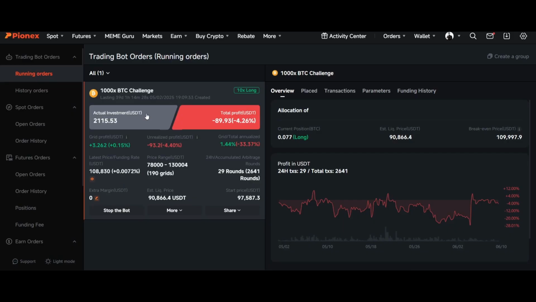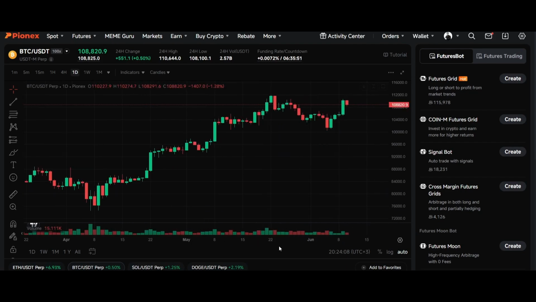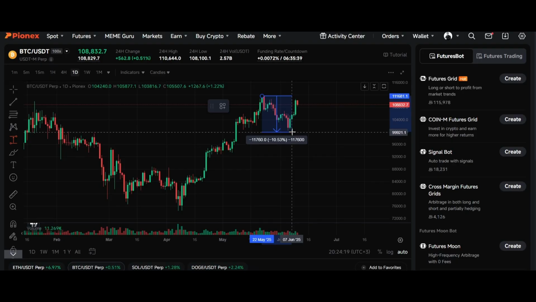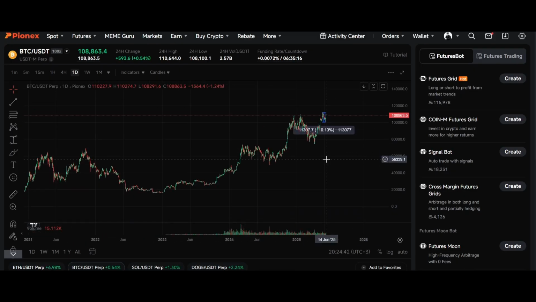So guys, the last week we had an interesting price action from Bitcoin. We had this nice pullback all the way down to almost $100,000 per Bitcoin. So we went from 112 to 100,000. That was a nice 10% correction, which is pretty healthy in a bull run, and I pretty much love